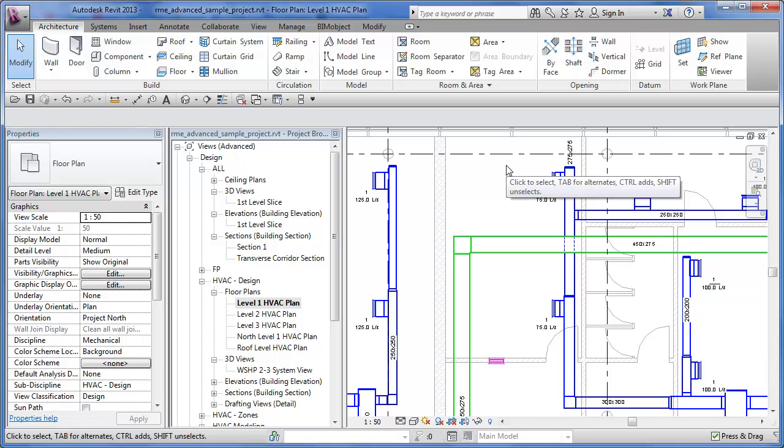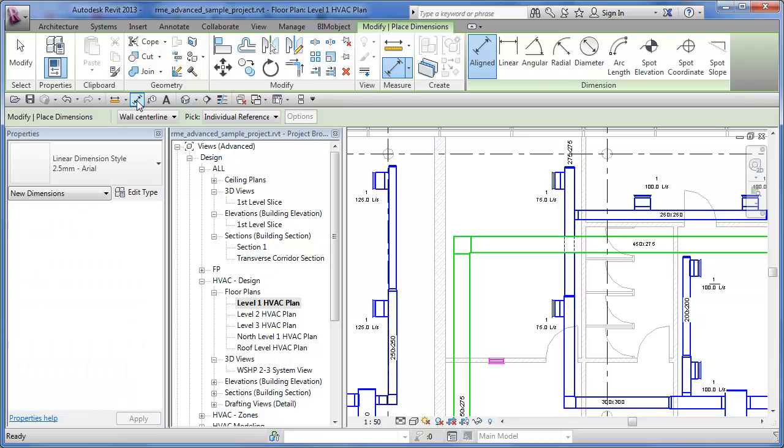So quick enough to demonstrate that off my quick access toolbar. I'll just pick on my align dimension and start over here. I'm in an MEP file, but it doesn't matter. Click on here, move over to this diffuser or unit. Click on there, and I want the center line of that HVAC piece of ductwork. So I'm going to tab to pick a center line, and then I'm going to hover